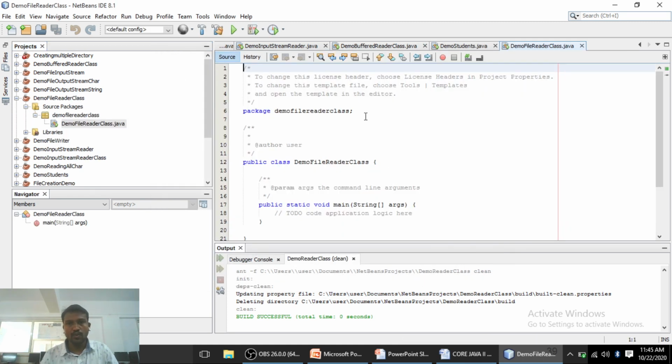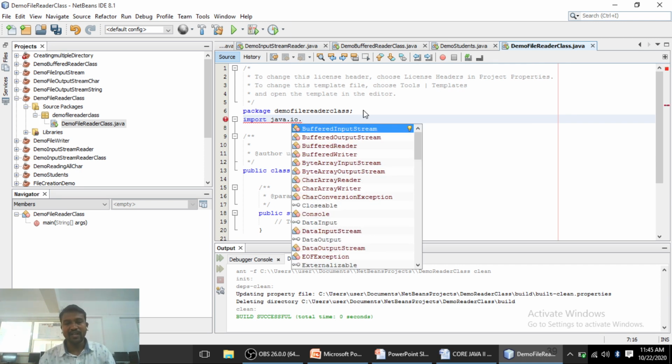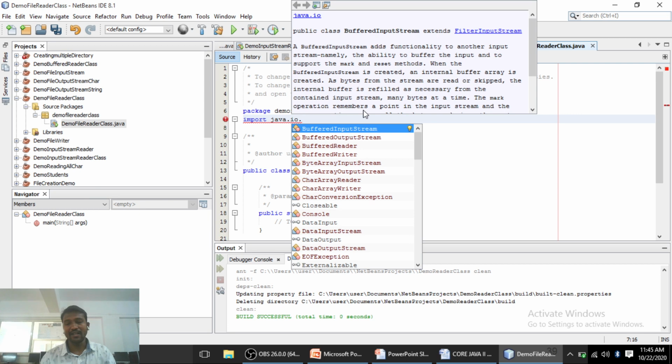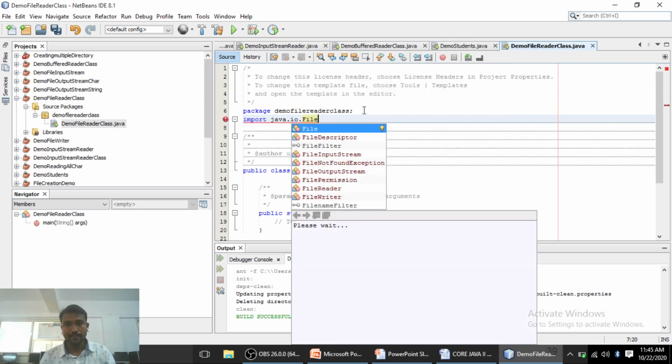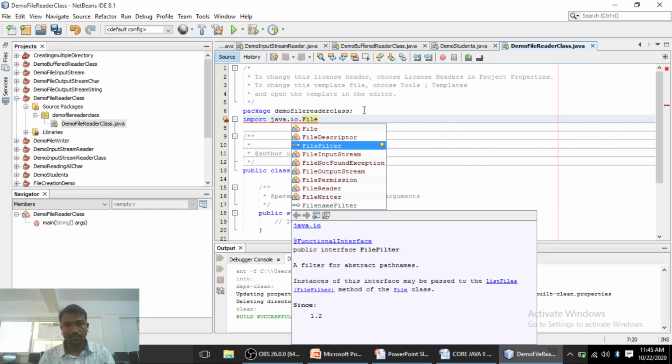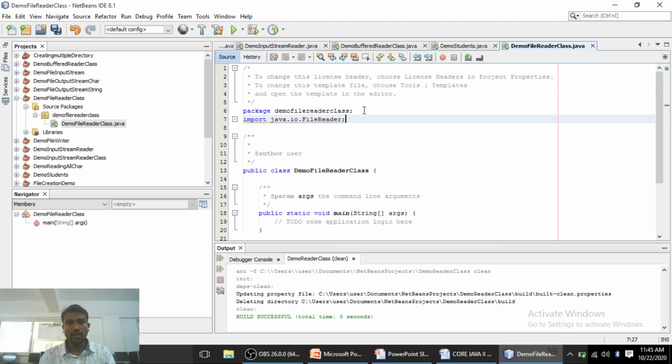Below the package statement you have to import the class, that is import java.io. The class we are going to see in the demo example is FileReader, so you have to import the FileReader class here, semicolon.